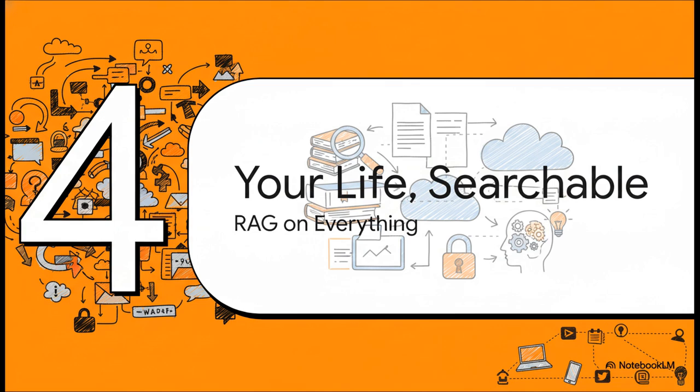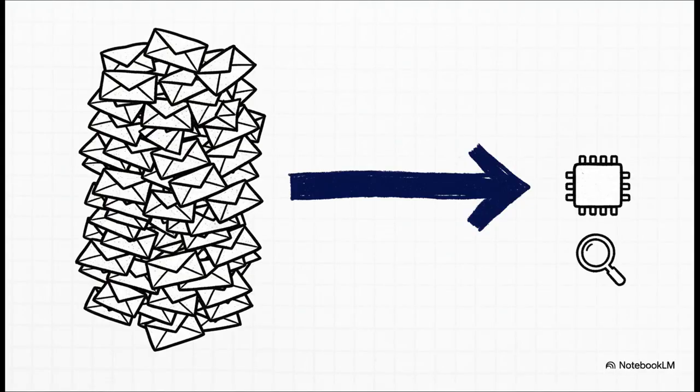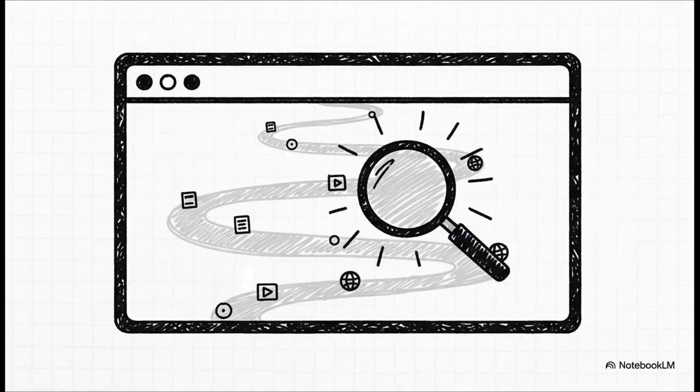Well, it means we can finally do RAG on everything. Your entire digital life can become a searchable, completely private knowledge base. Let's look at a few examples. First up, your email. With LEANN, you can index almost 780,000 emails, and the whole thing takes up just 79 megabytes of space. Suddenly, you can ask these natural language questions across your entire email history and get answers in seconds. Or what about your browser history? All those articles you read, all those videos you watched, it can all become your own personal private search engine. It's almost like having a time machine for your journey across the web.